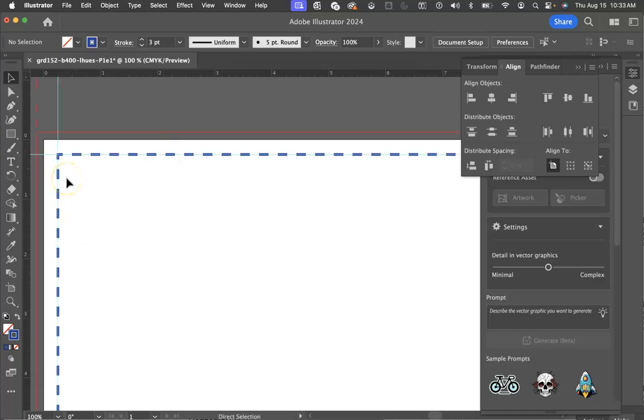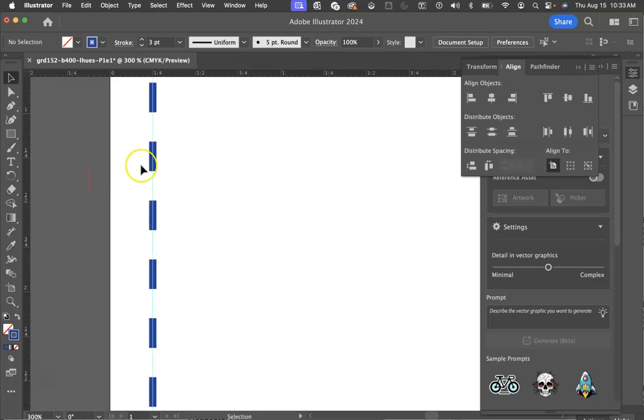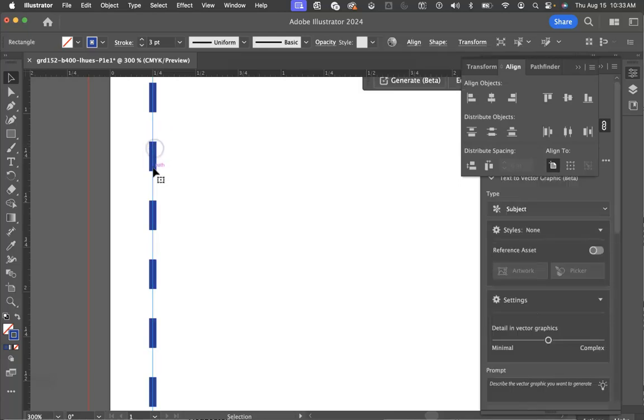The last thing that I want to do is, if I zoom in and look at this really closely, I can see that I have set up a safety area, but by default, the outline of the shape is centered on the outer border of the shape. And so if I actually did align something to the edge of this, then I would be outside of my safety area, and that would be a problem. So what I can do next is select my border that I've created here. And in my stroke panel,